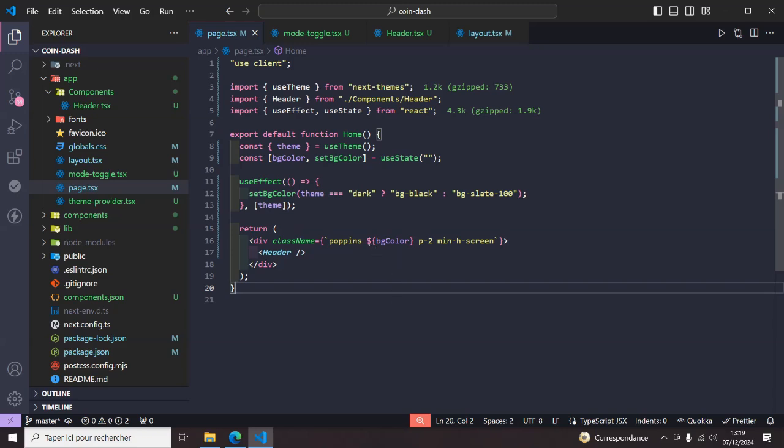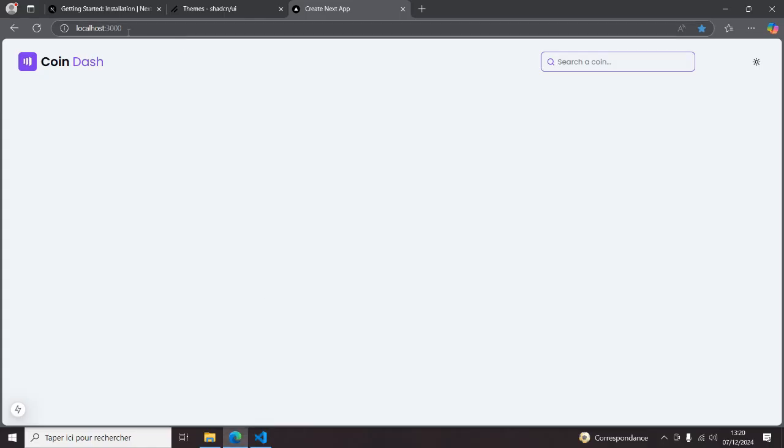And to be able to use this as a variable inside the class name, we're going to be adding these curly braces like this, as you can see. We're adding this just to make sure that it's reading the states as they are. And here we are going to call the header component that I showed you, just to be able to render it like this